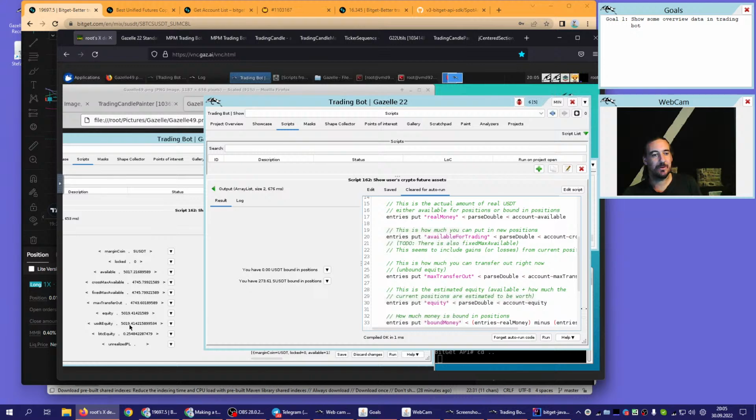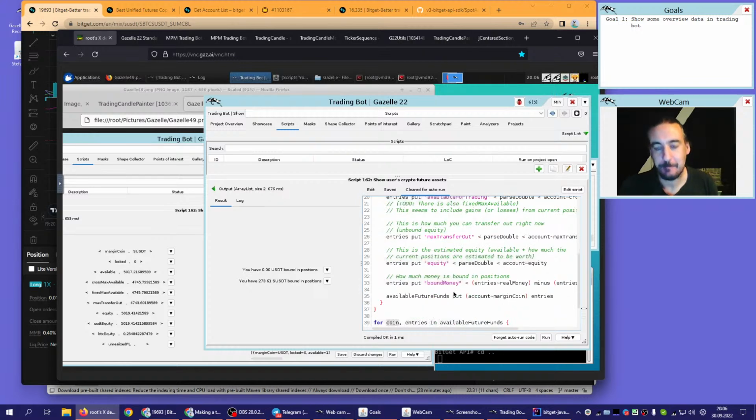Yeah, the website likes to show this equity, which includes the projected wins or losses, which kind of confuses me most of the time. Because it's not yet real, but